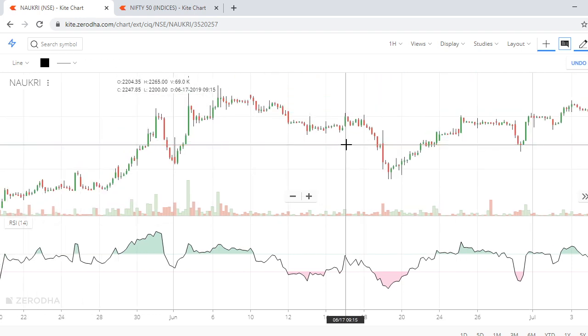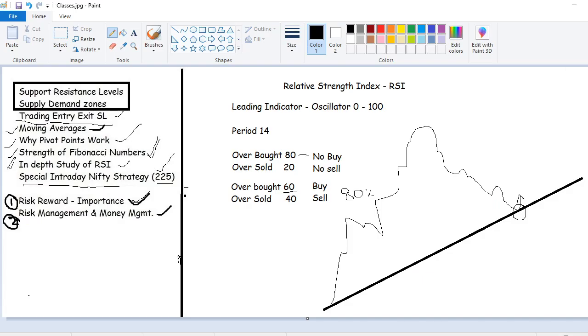Okay. Now this is all about RSI. But there is one more concept called RSI divergence. This is the basic levels we studied, and then we modified these levels to take entry and exit as an auxiliary confirmation, a secondary confirmation. So we use price action and we use RSI with the modified levels for the second confirmation. That is perfect.